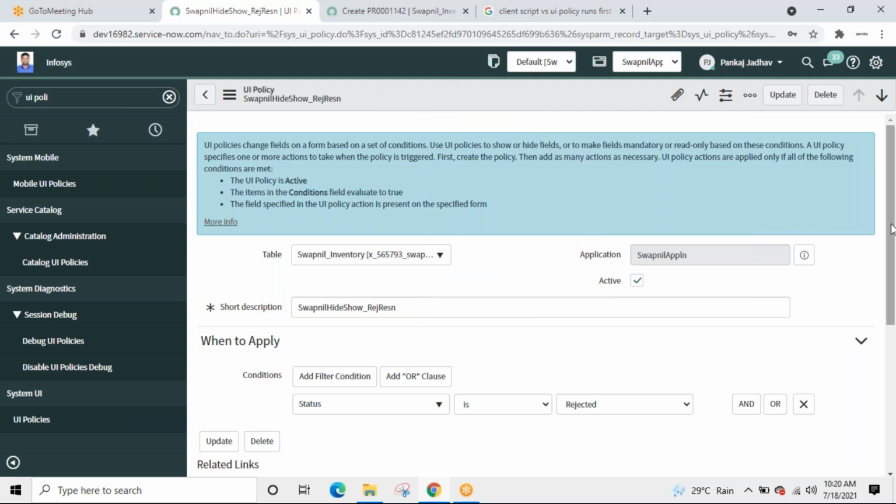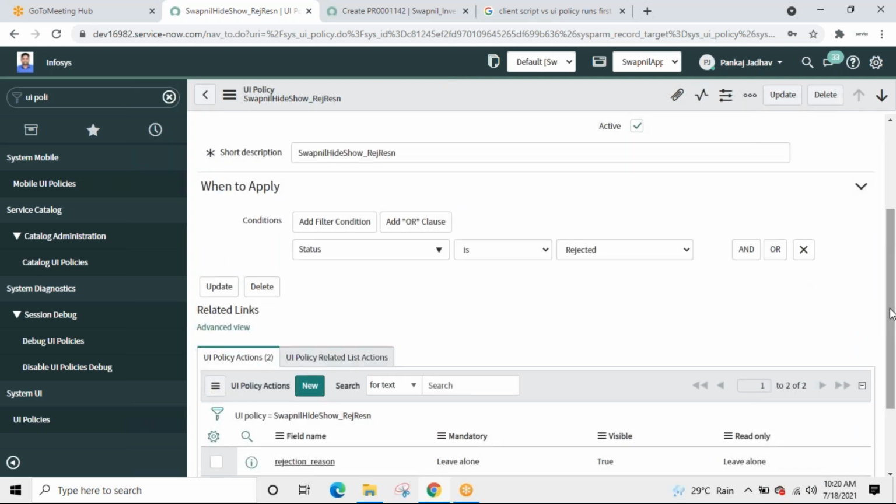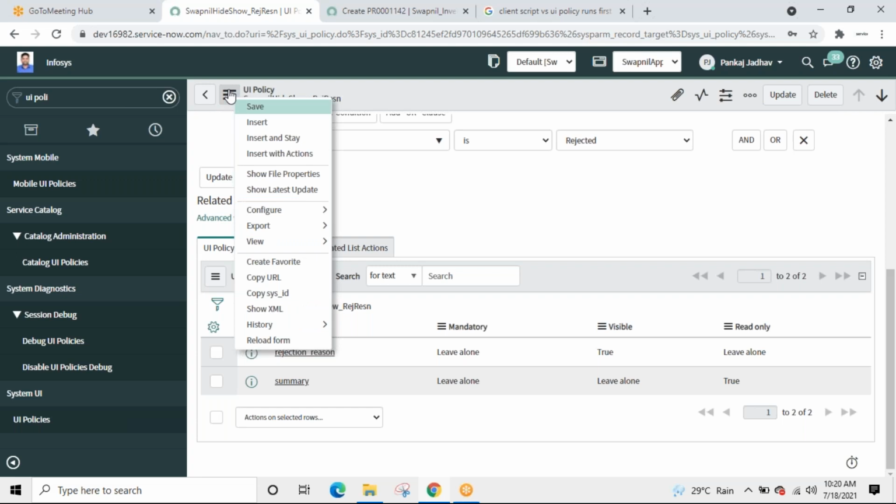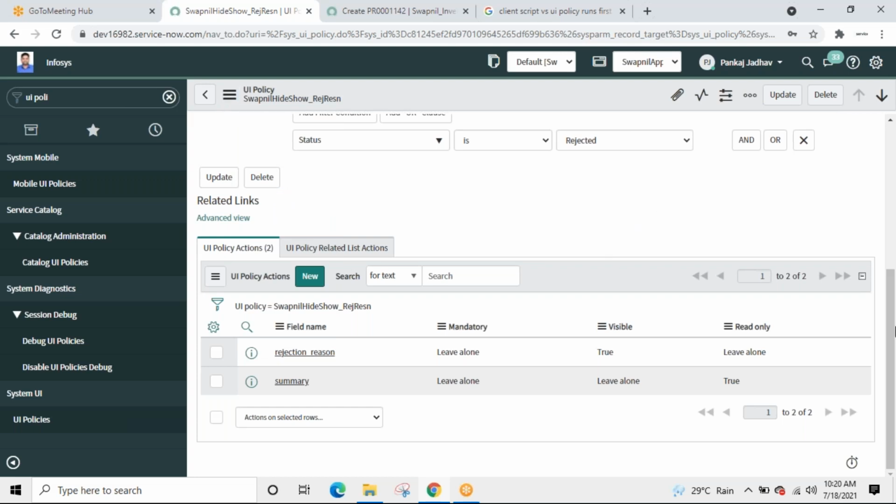There must be a link over here to convert it to a data policy. There used to be a link over here.